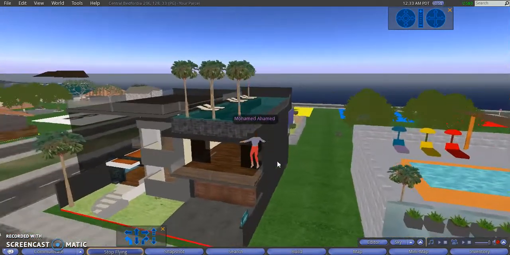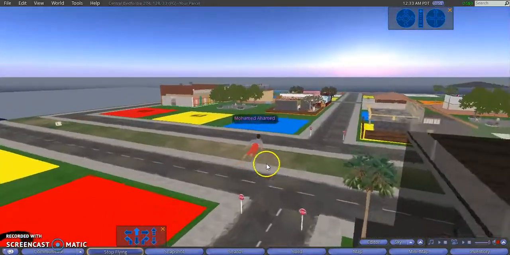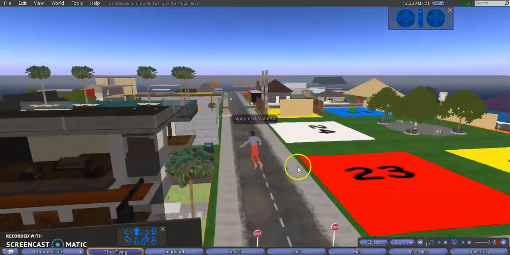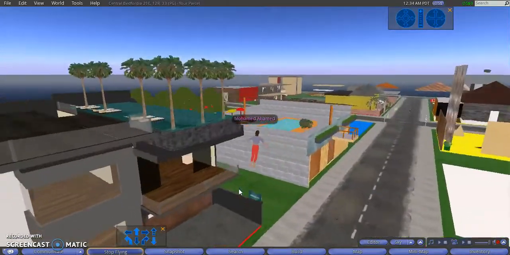This is how my house looks from outside. I'll take you around. And first of all, starting from the name board,